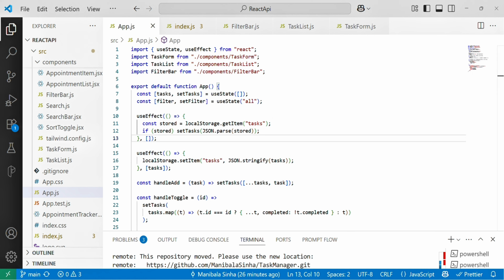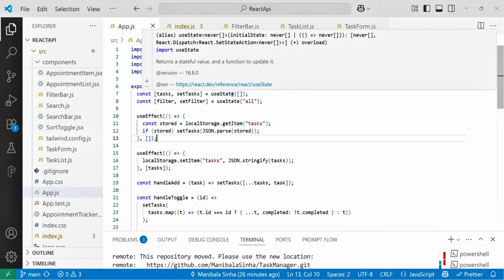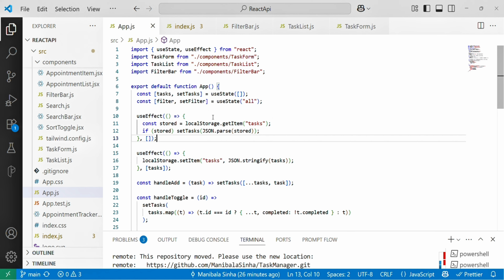And now I have declared the state variables. So the variables are tasks and filter. So tasks holds the list of task objects, and filter stores the current filter type, all, completed, incomplete. And then I have used useEffect. So the effect loads tasks from local storage on mount.